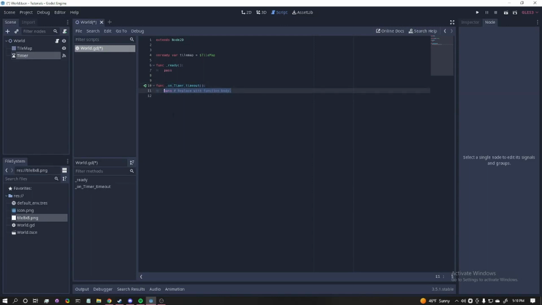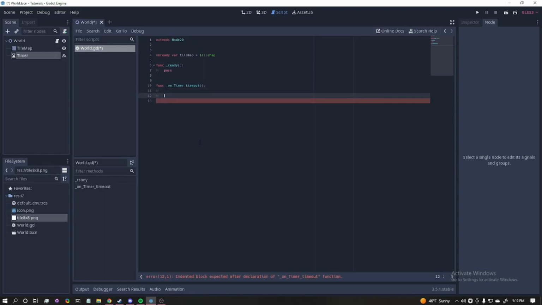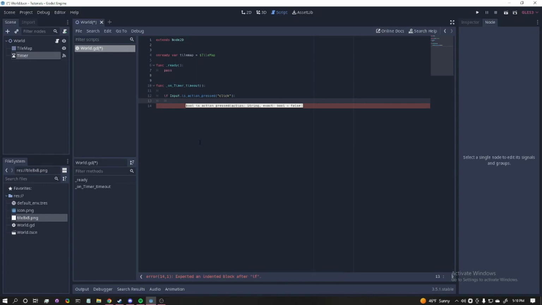So basically, I'm going to say if Input.is_action_pressed("click"), and we're going to say for the tile map, set_cellv, so this takes in a vector for our position, get_global_mouse_position divided by 4, and